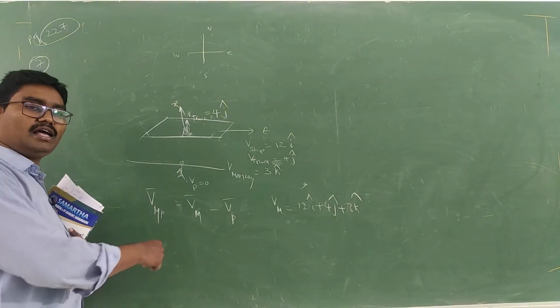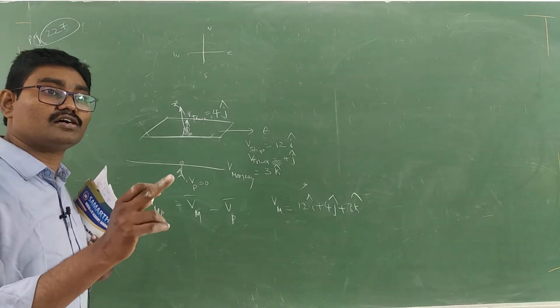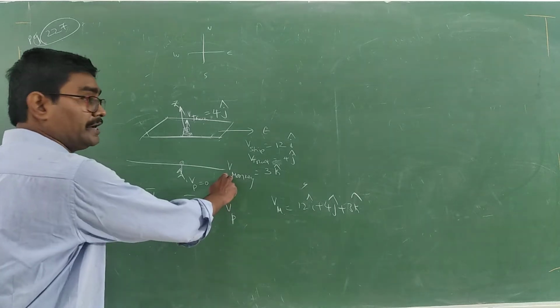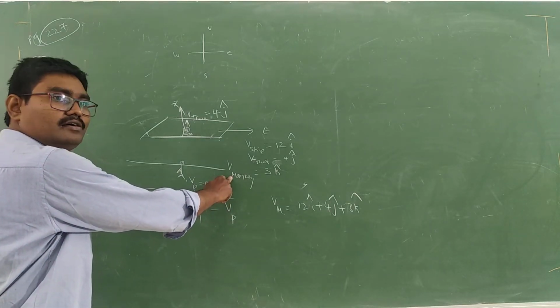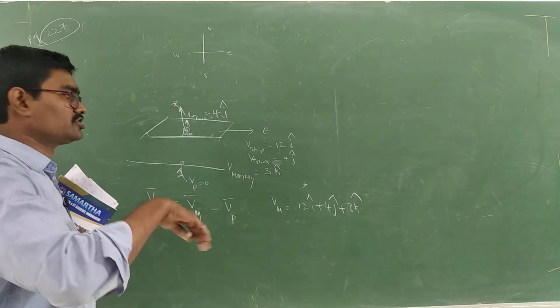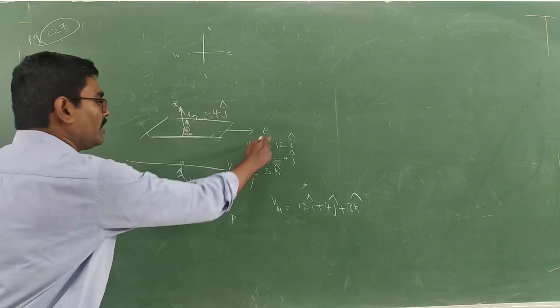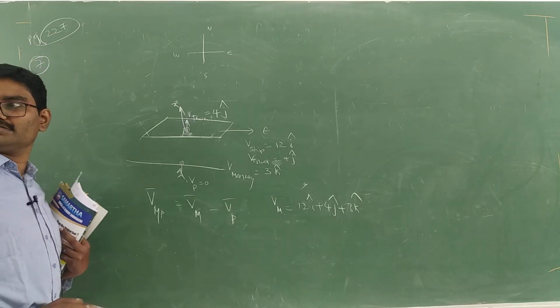That is with respect to the person who is standing on the seashore, not with respect to the pole. With respect to the pole, this is only the speed of the monkey. With respect to the truck, that only. But with respect to the ship, the sum of these two. With respect to the seashore, the sum of these three. Clear or not?